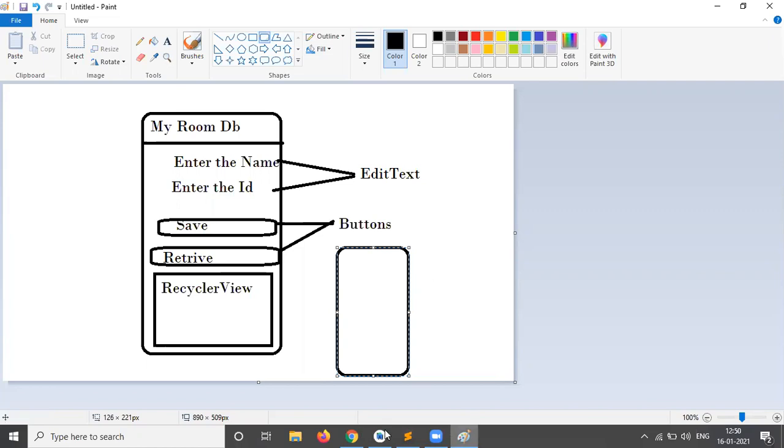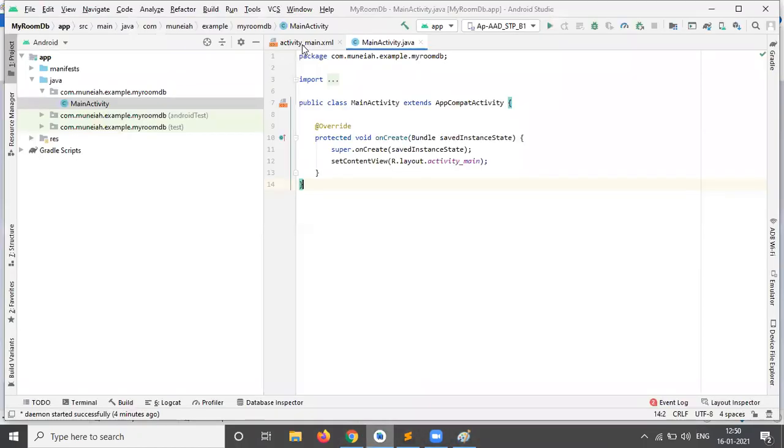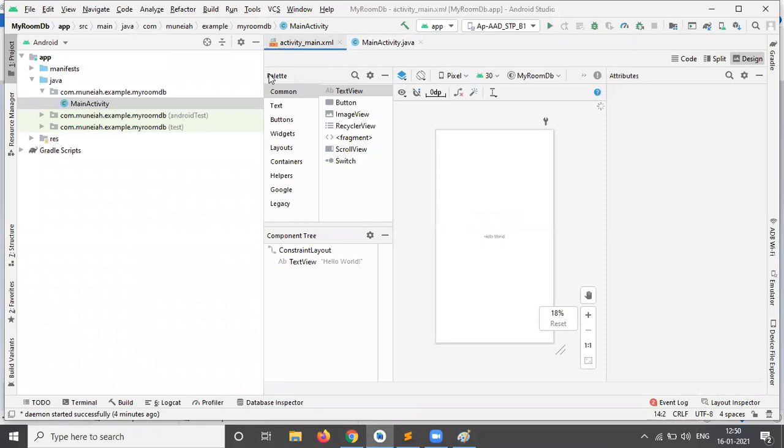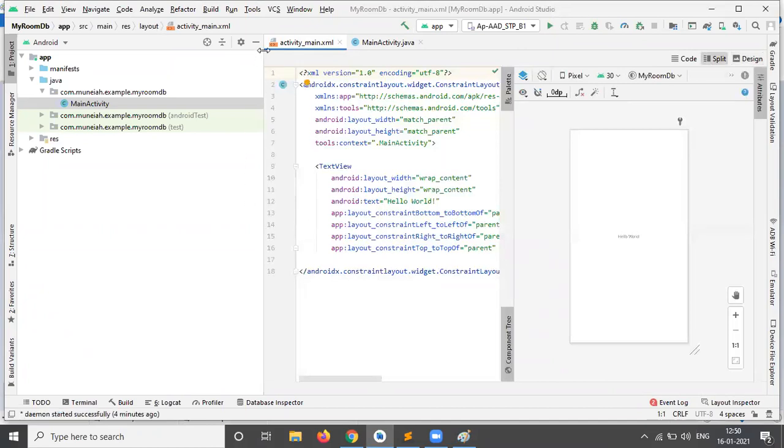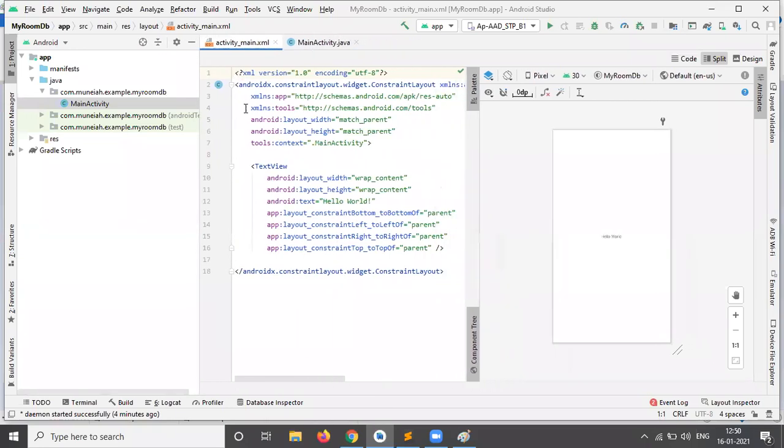Right, so now open the activity_main.xml file, open the split view. By default we have the constraint layout. I'm selecting that constraint layout and replacing it with linear layout, because it is very convenient for us.